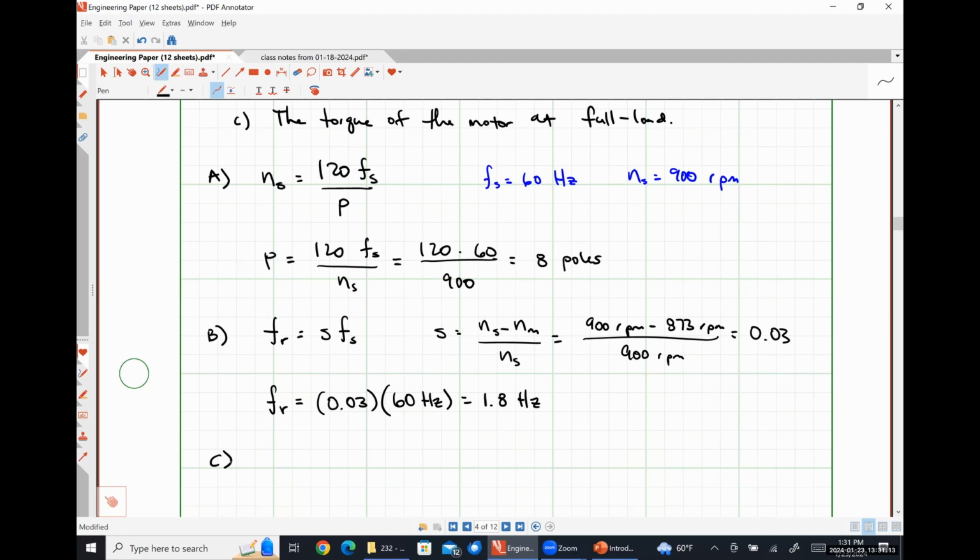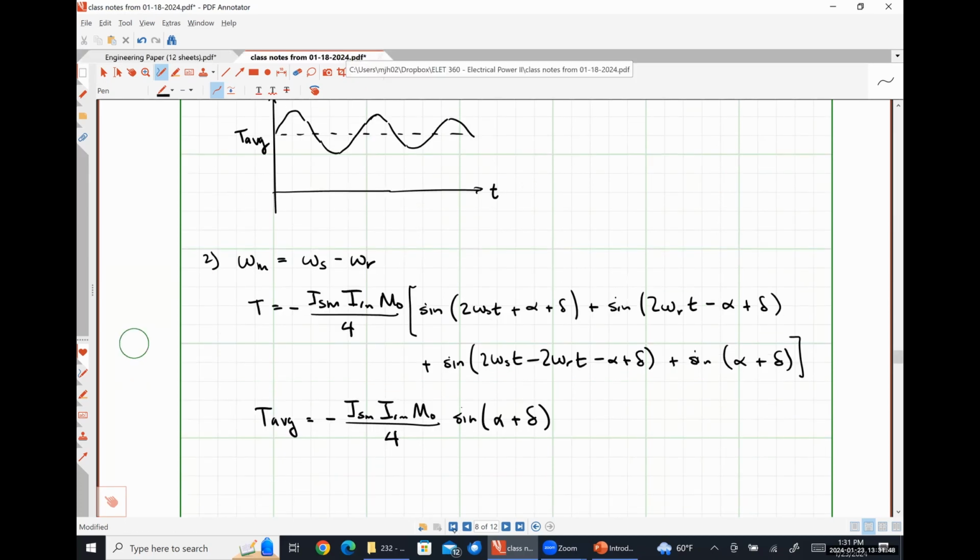The last thing that we're asked for is the torque. So I'm trying to decide whether or not I want to derive a relationship for the torque using physics relationships, or if I want to direct you back to something that I mentioned really in passing at the very beginning of our last class meeting. So if we go back way